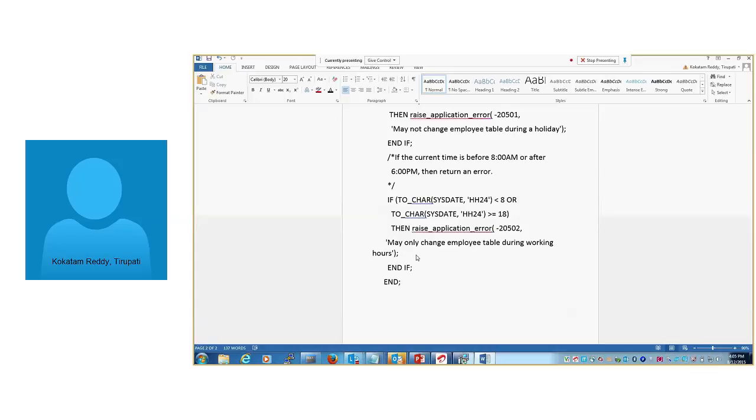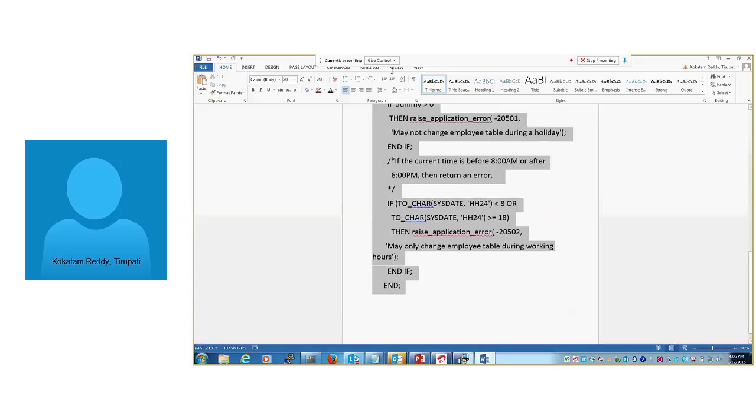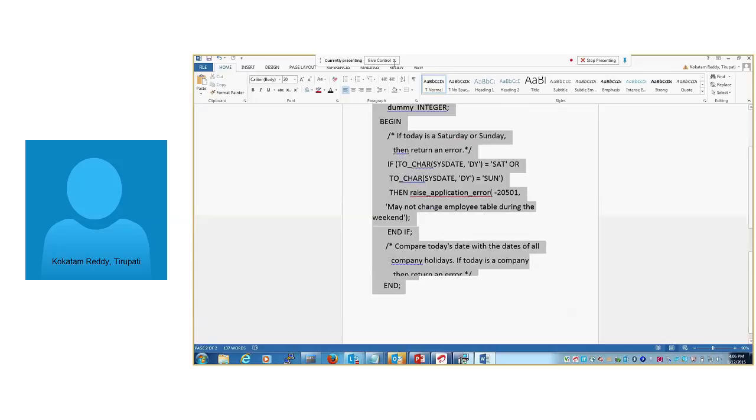A user can perform operations during working hours; outside working hours, we can restrict by raising application error. This is the use of trigger. We fire the trigger and we get the alert, and at the same time we restrict the user from performing any actions on the table.